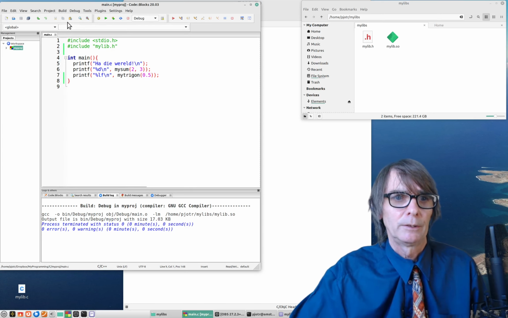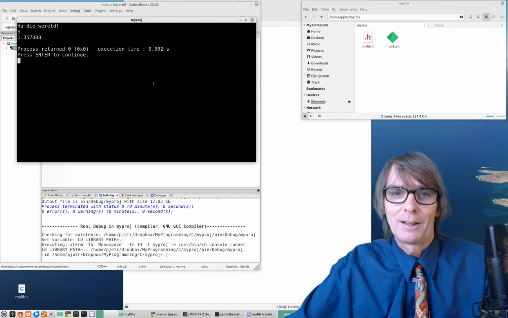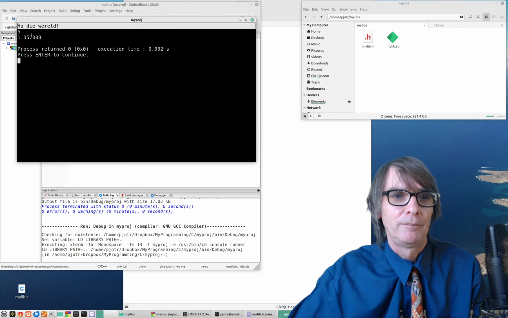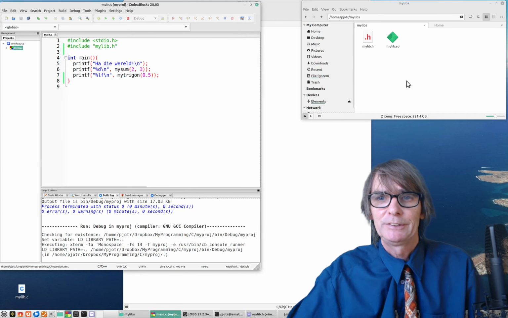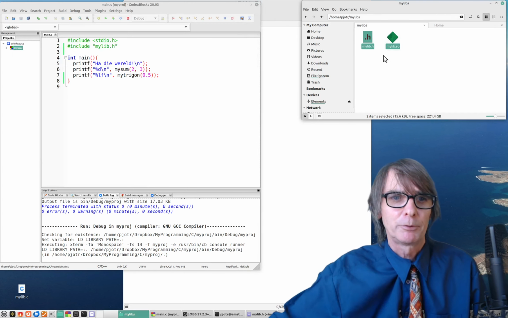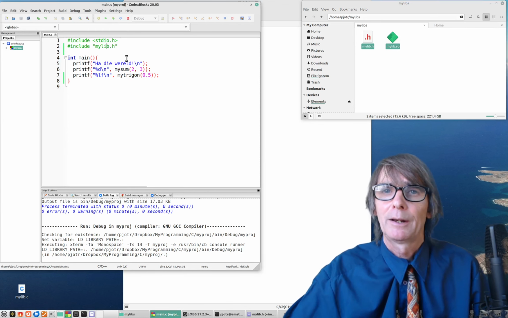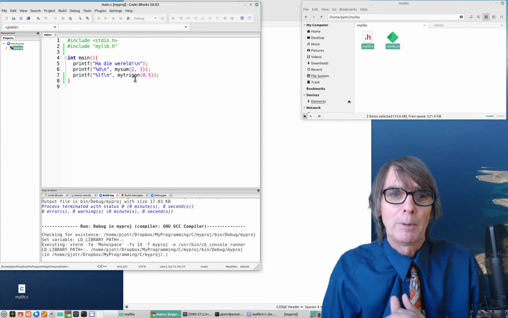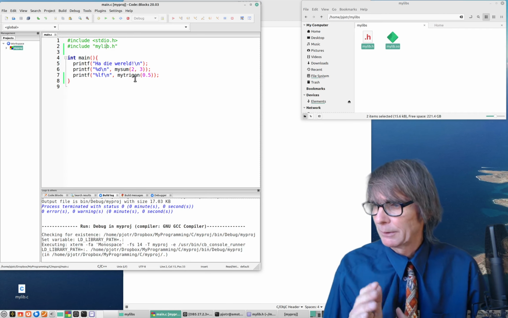Just to show you that it runs, let me show you now here. We run it, and we have again the exact same functionality here, HD Wereld 5 and 1.357008. And as you can see, this is sort of hidden. It's in a different part of my disk, and I have included my library here in my project. Now this of course is already basically what I was going to tell you,